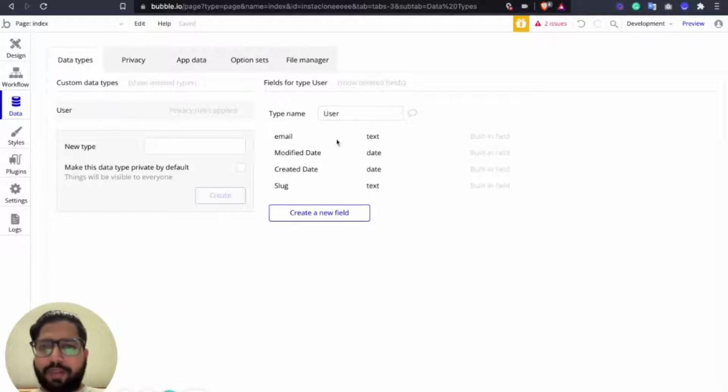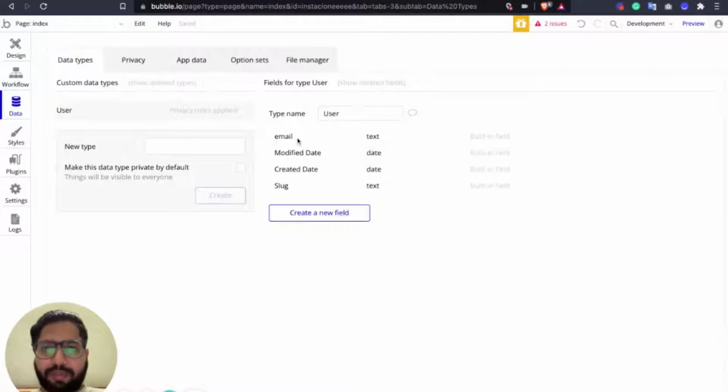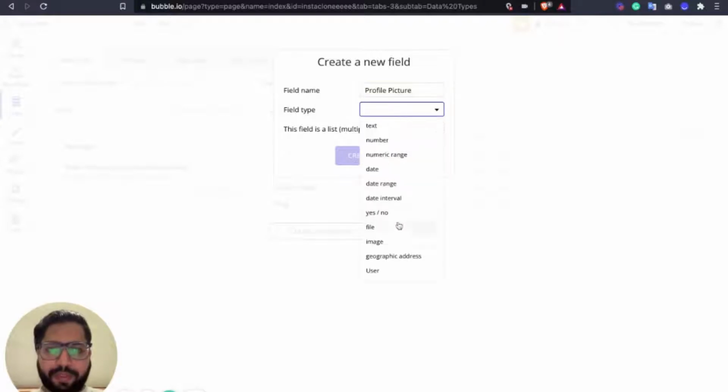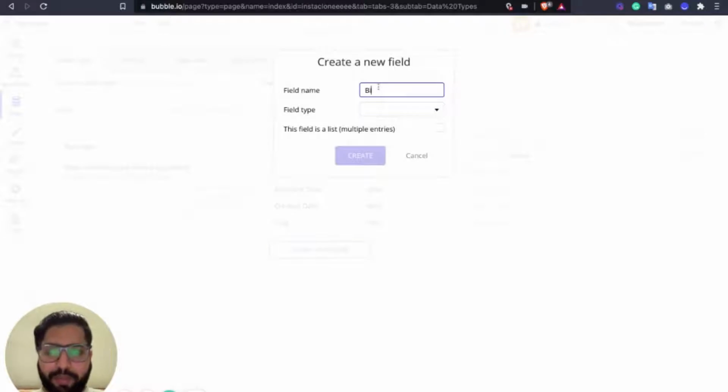And in user, we need a few more things apart from just email, which is provided by default. We're going to need the name of the user. So we're going to have name, and we're going to have profile picture, which will be an image, and let's also create bio.